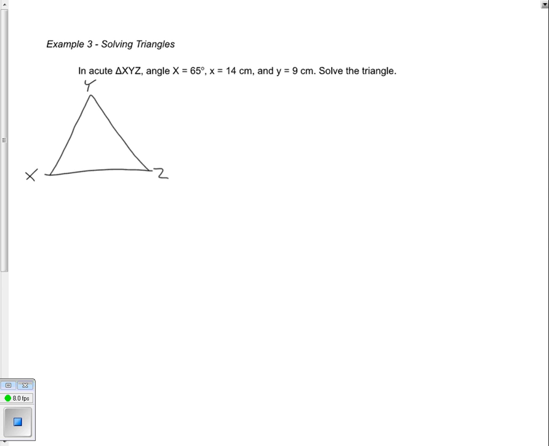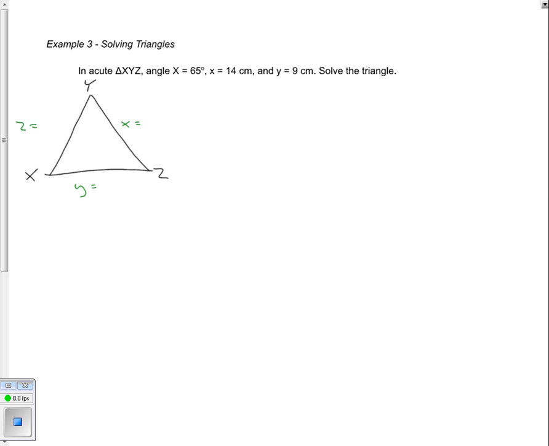And now that I've got my angles, I can also identify the different side lengths. So I've got side length y, side length x, and side length z. Okay. So again, capital letters are for angles, lowercase letters are for the side lengths, and that's always the opposite side of the angle. So in this particular situation, it tells us that